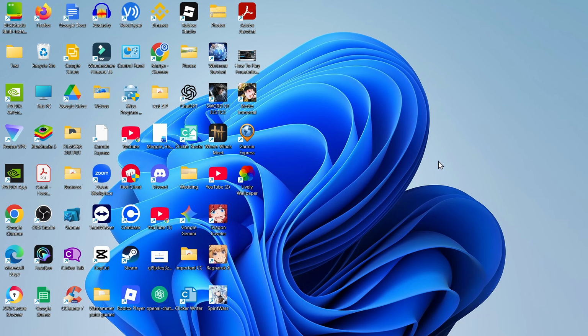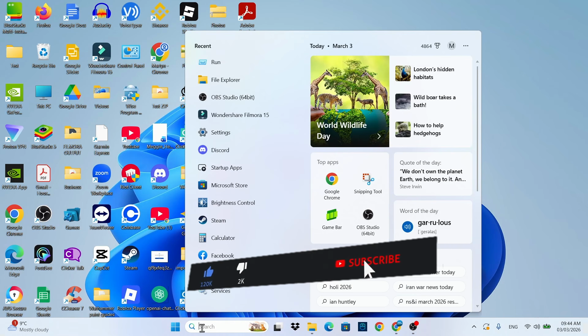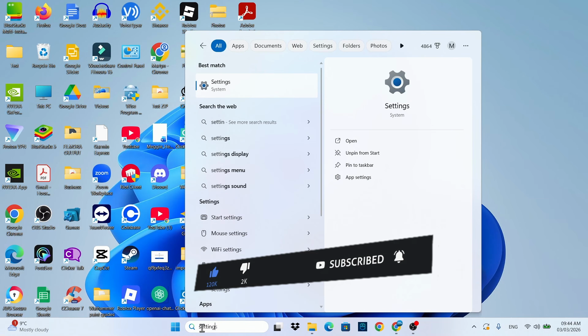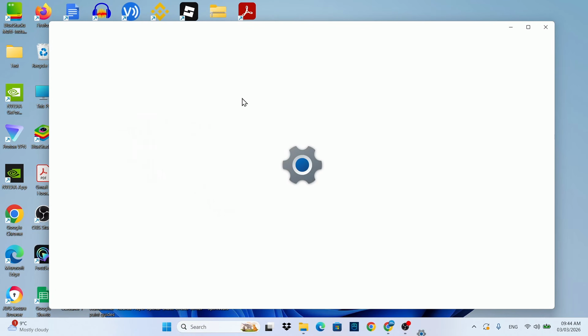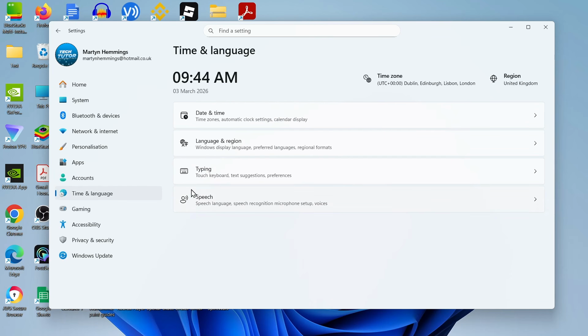Now to start with, the first thing you're going to want to do from your desktop is come down to your search box in the taskbar at the bottom. In here type settings and then open up settings underneath best match. Once your settings window is opened, come over to the left hand side. In this menu you want to click onto time and language, and then what you want to do is click